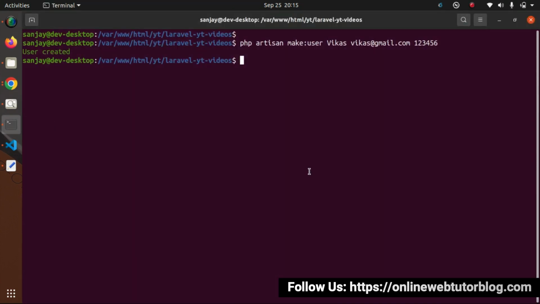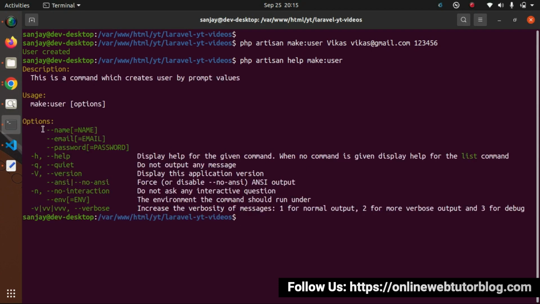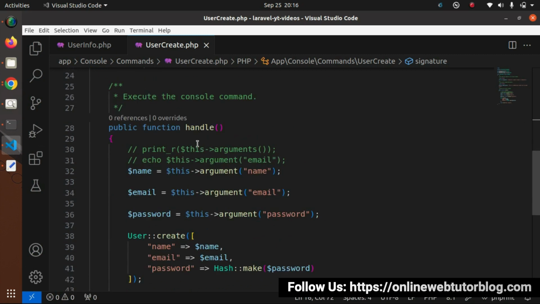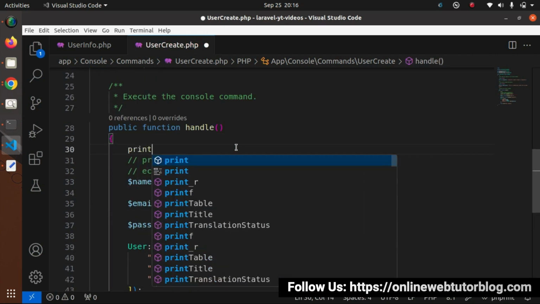Save the changes. If I go here, let's open the help manual, make user. So php artisan help make user, pressing enter. Now we can see that inside these options, we have name as an optional parameter, email is also an optional parameter, and password as well. So now let's see how to pass the values inside these keys and also how to receive those values inside this handle method. So I will go here, print_r,